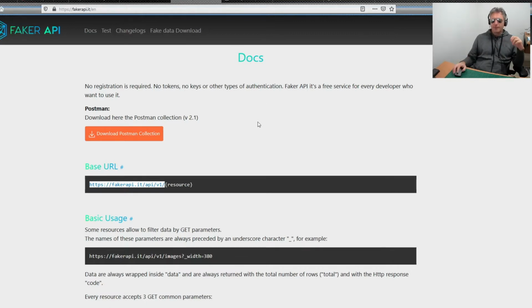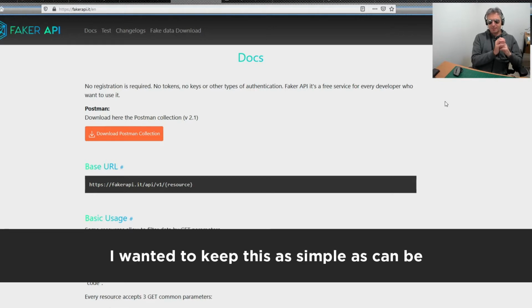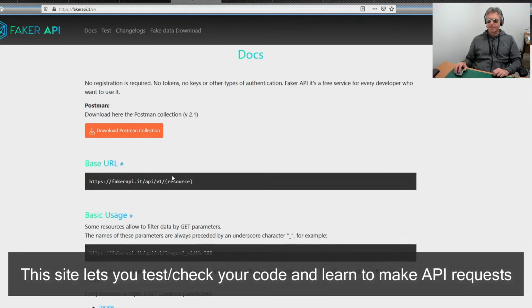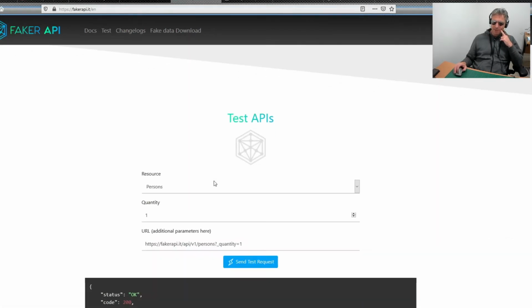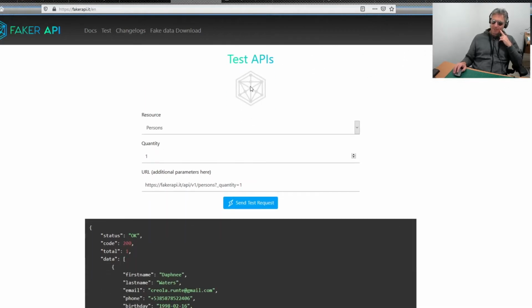So I tried testing with GitHub, and yeah, with GitHub you need authentication, and I just didn't want to get sidetracked by messing around with all of that. So I found this fakerapi.it/en, and what it allows you to do is send sort of test API requests, which is pretty good. So if you're not familiar with that, what you can do is